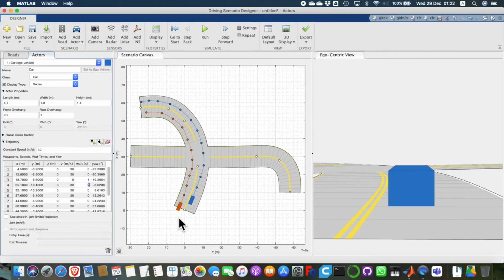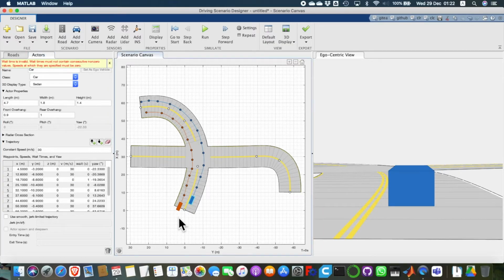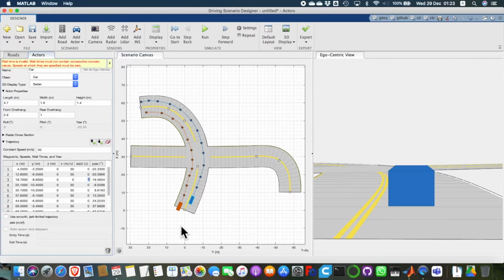Let me also wait at next waypoint for something like 0.5 seconds. Okay, alright, this waypoint is invalid, because what it means is vehicle will just not move, because just at the next waypoint I am setting wait time to non-zero. So let me just increase wait time here. Alright,